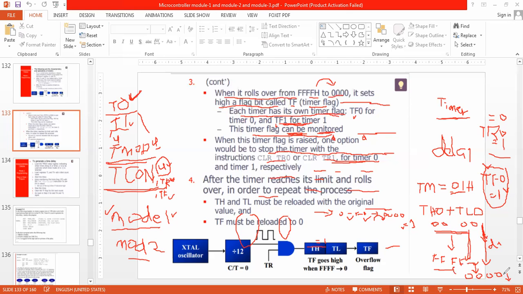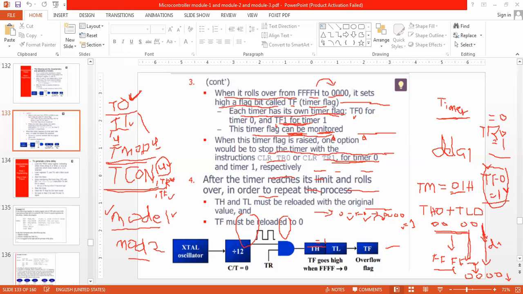I will continuously monitor TF0 or TF1. Whenever this goes to 1, immediately I will stop TR0, TR0 is equal to 0. I will stop the timer because my requirement of time delay has been generated.